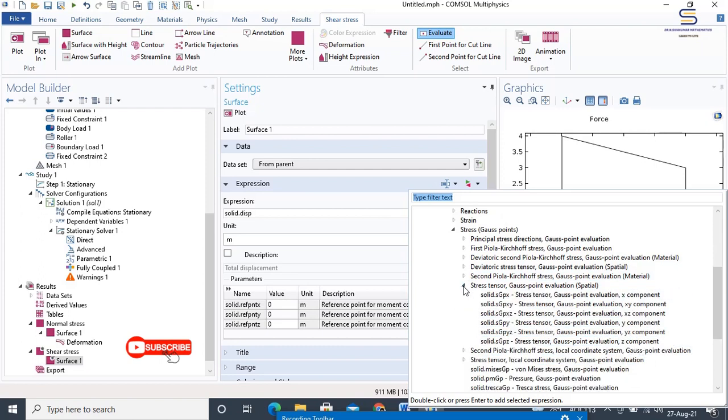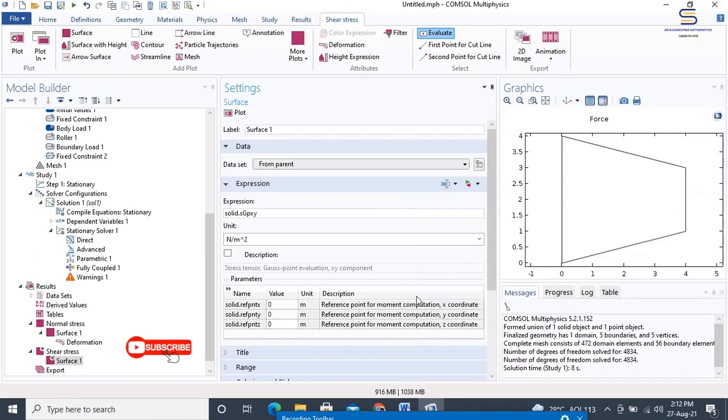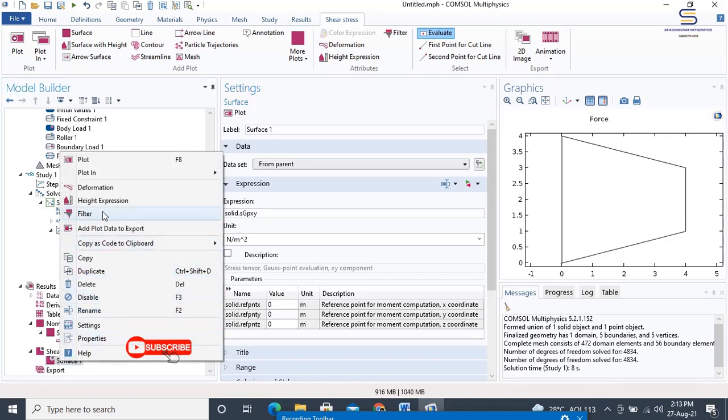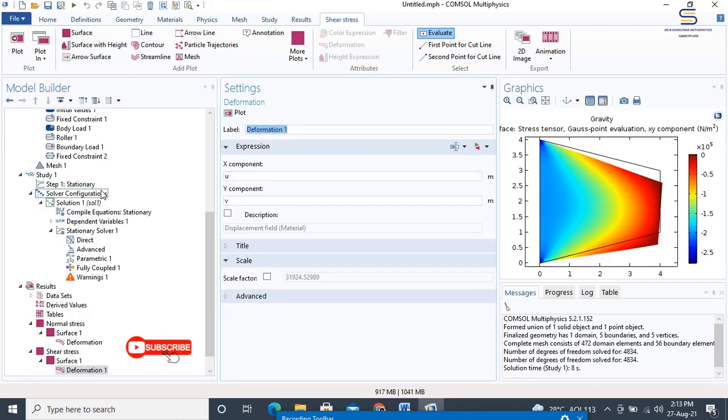Then in this, select GPXY. By double clicking, the expression will be absorbed. And then right click on the results of shear stress surface. Then in that surface, click on choose deformation.